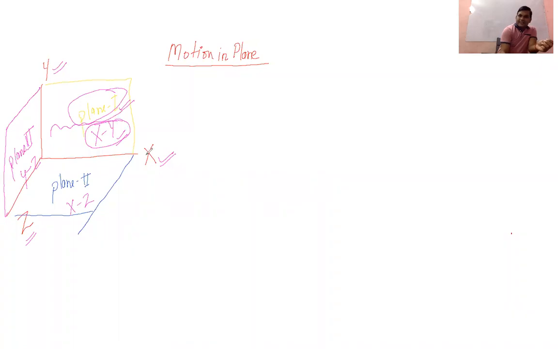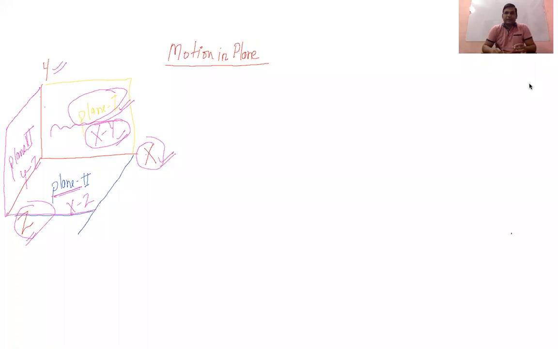And if you are taking once again the x and z axes, they will also form a plane. If there is a change in position in the x-axis and z-axis simultaneously with respect to time, that will also be a motion in a plane, and the plane will consist of the x and z axes. In another plane, you can see y and z form a plane. If there is a change in position along the y-axis and z-axis simultaneously with respect to time, then we can say there is a motion in a plane of the yz axes. Okay, now it becomes clear, Kutub?